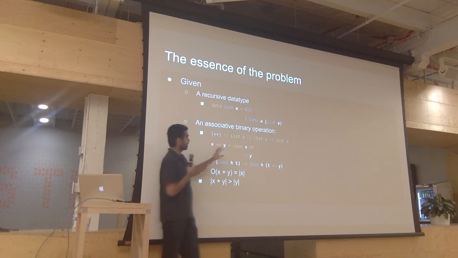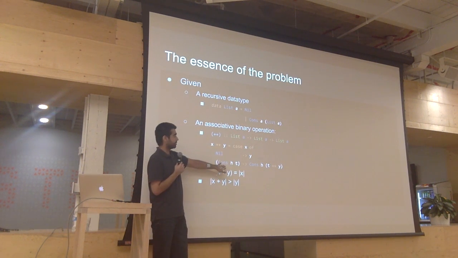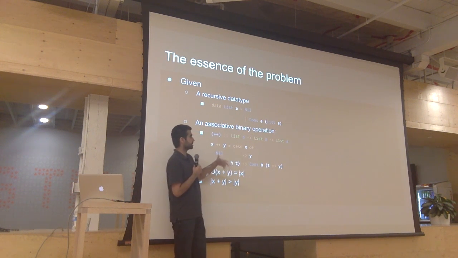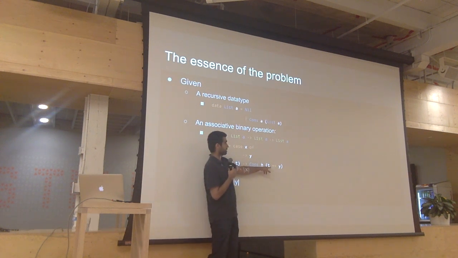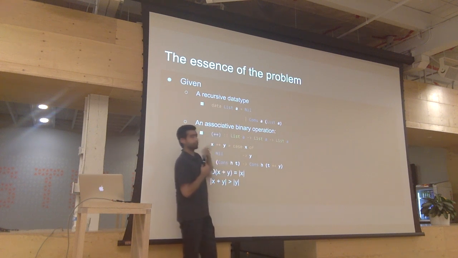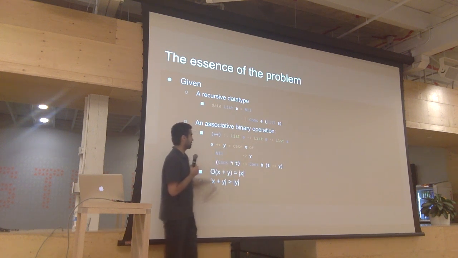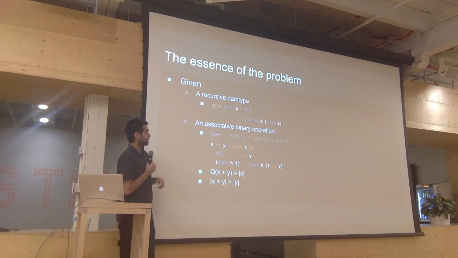So if it's nil, there's nothing here, so the result of appending is just the other list itself. But if there is something here, then the output has a head and a tail. The head is whatever this head is, and the tail is obtained by appending this tail with whatever it is that I want to put afterwards. So, the basic list append definition: keep the head the same, append the tail of this list with whatever thing you want after that.